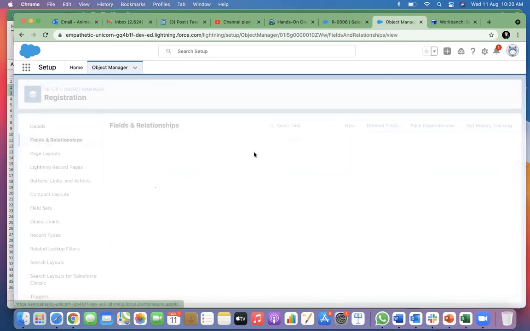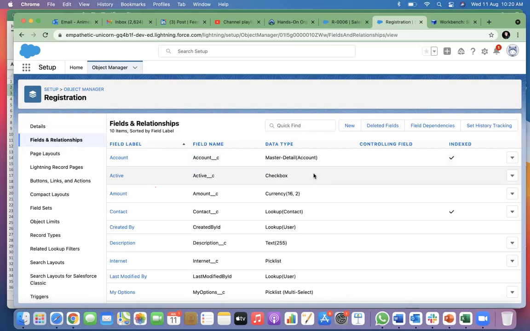Last two things which I will cover right now, and then we will be done. There is one field type which we did not talk about. There are two fields. We'll talk about those two fields.